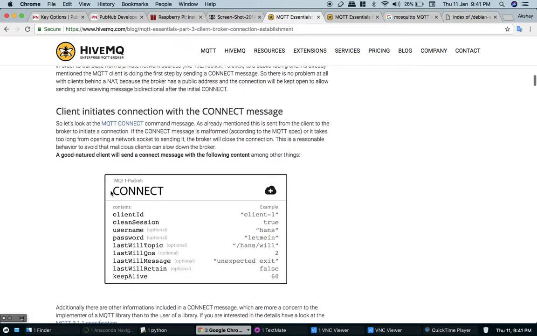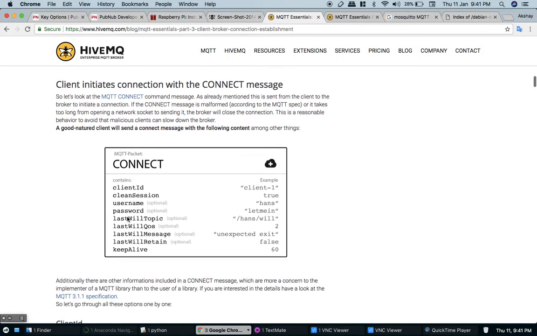So the connect packet will be like this. It will have client ID, then whether it is a clean session or it was connected previously also. That will be defined with the parameter clean session. Username and password are optional. Then there is last will, meaning in case your client gets disconnected somehow, what will be the last message sent automatically from the client to the broker.